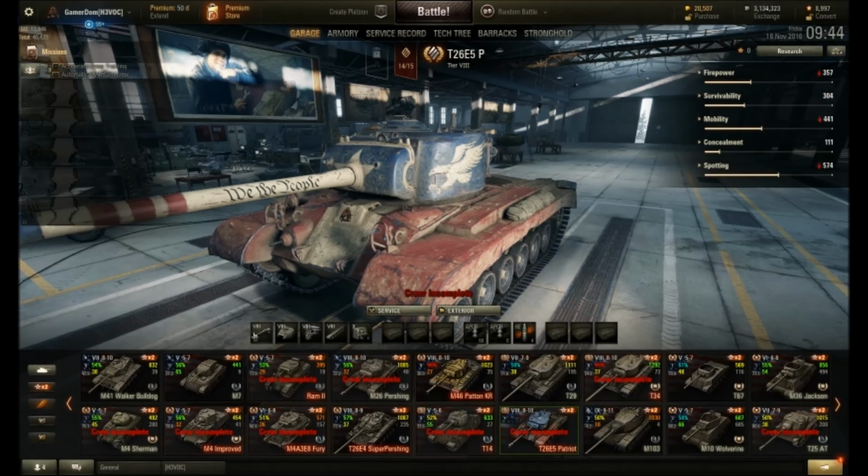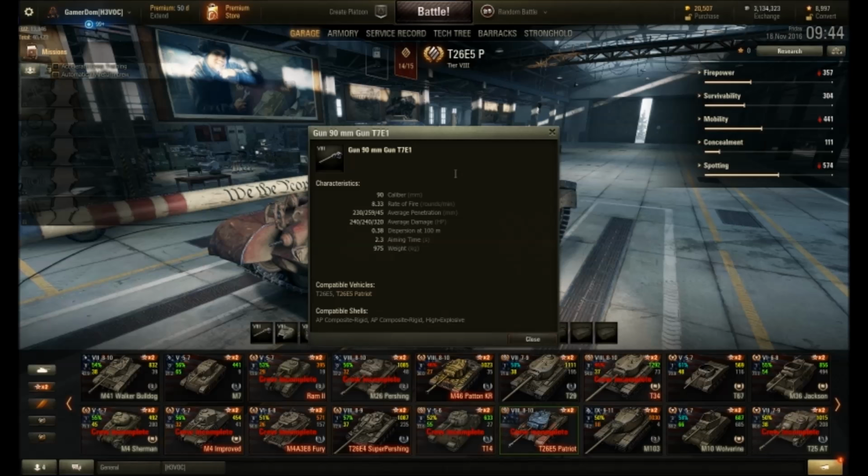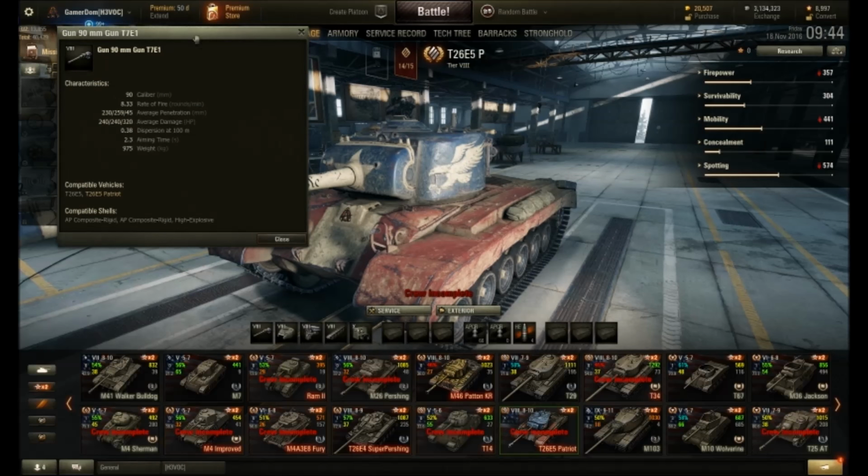So let's look at, first of all, it comes with a 90mm gun, which is a fairly standard thing on all the American tanks. It has an extremely good rate of fire, 8.33 rounds per minute, and very good penetration, 230 standard pen with standard ammunition. It doesn't go up much once you fire APCR, only up to 259, which is not much of a jump for